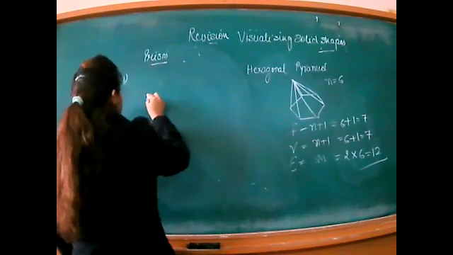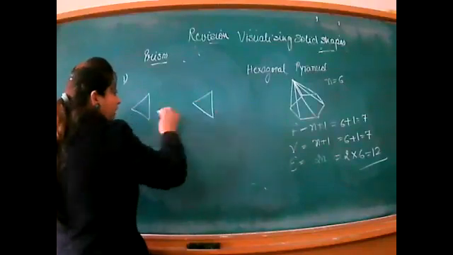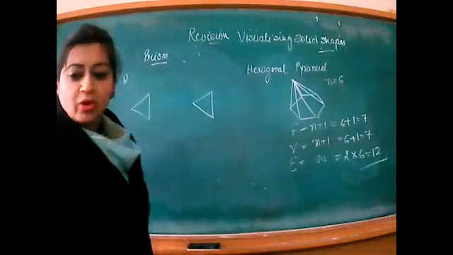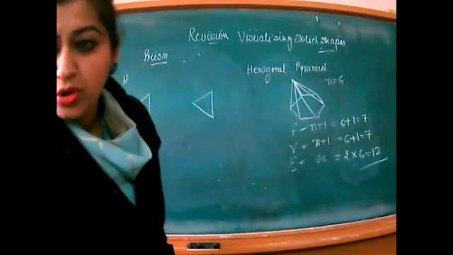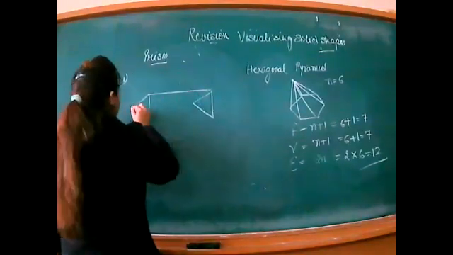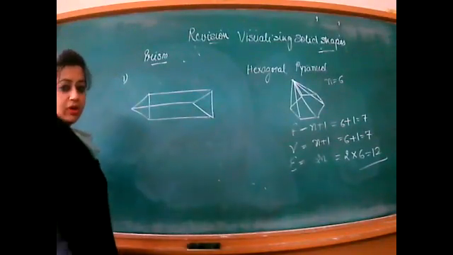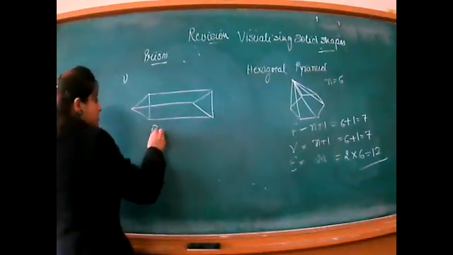So for a triangular prism, you will draw a triangle in the upper face. I am making it in a horizontal manner. You can also draw it in a vertical manner if you want. Draw the corresponding vertices. That will be your triangular prism. So faces are,